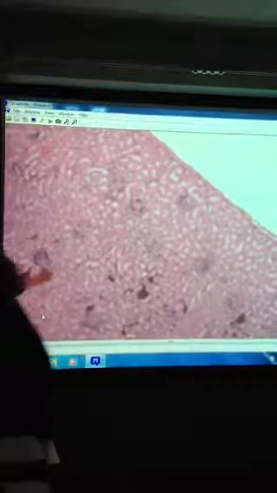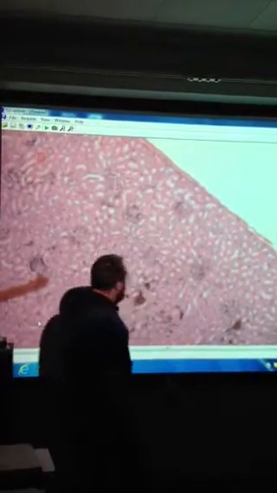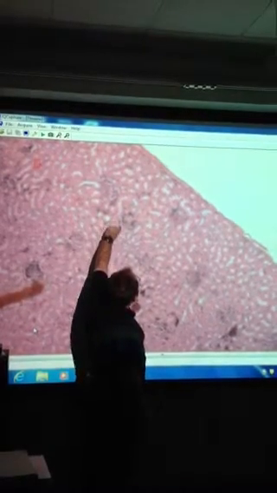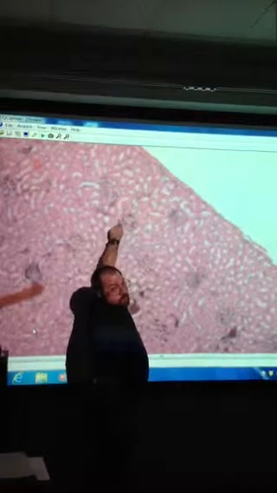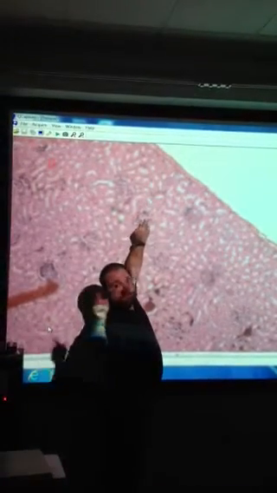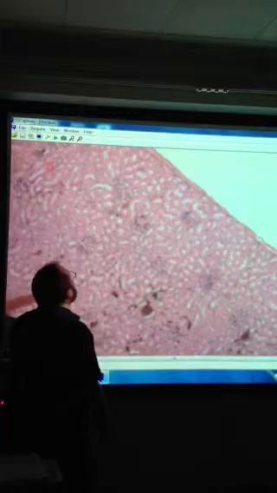Glomeruli. Well, yeah, but they're only found in the cortex of the kidney. Okay. These round structures are the glomeruli. Around the glomerulus, you can see that thin white space. That would be the glomerular capsule. Or the space, excuse me, not the glomerular capsule, but the capsular space. And then just around that, we might be able to see